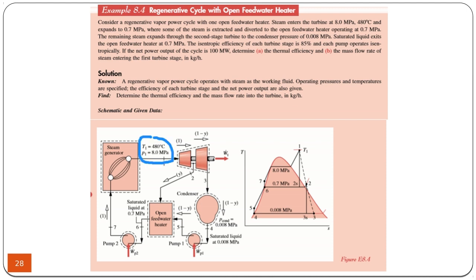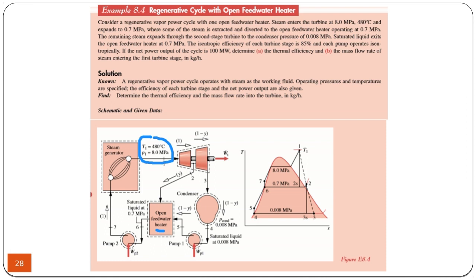Some part of the steam is taken from an intermediate stage of the turbine and sent to the open feed water heater, and the remaining part continues to produce turbine work. The turbine exit is sent to the